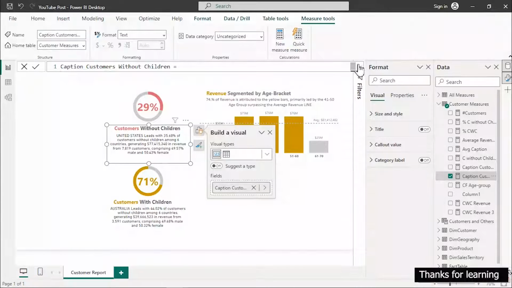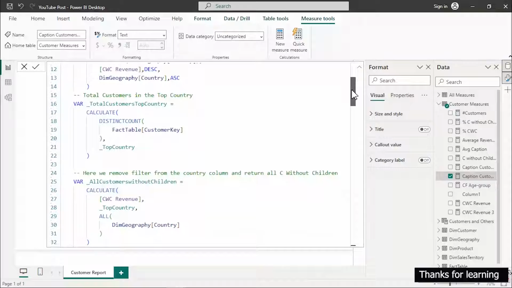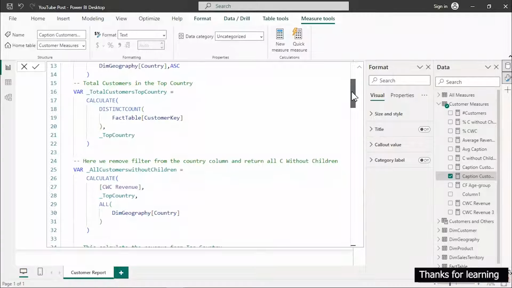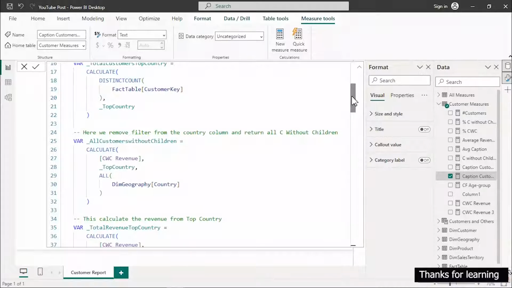The only problem we might be having right now is with the measure names. We might want to replace where we have customer without children to be customer with children, right? Like this one right now, all I'm going to do is update this particular one,